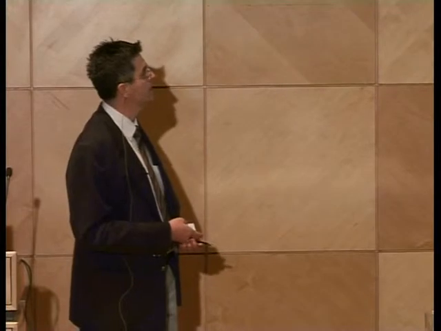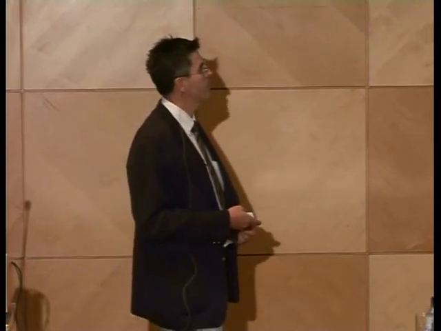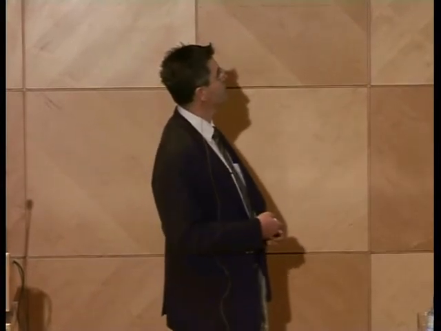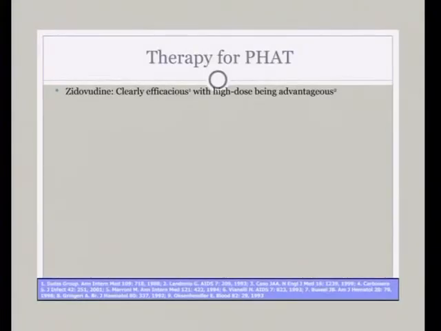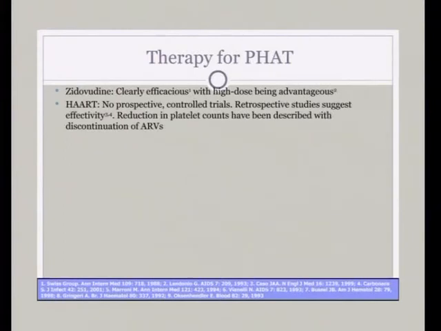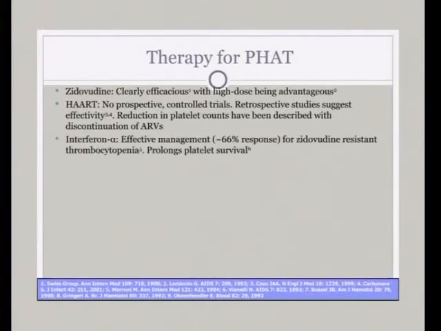So how do we treat patients with primary HIV-associated thrombocytopenia? Zidovudine, clearly efficacious, and high dose is advantageous. HAART has been shown to be effective in increasing the platelet count. And we know that the patients that have discontinued HAART have dropped platelets again. Interferon alpha has worked in 66% of patients that were resistant to zidovudine in terms of platelet recovery, and it